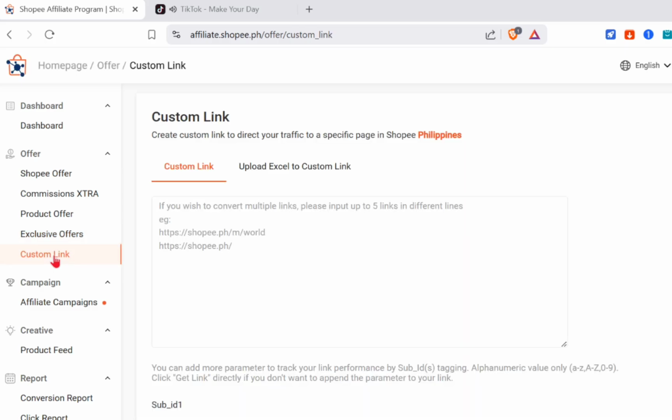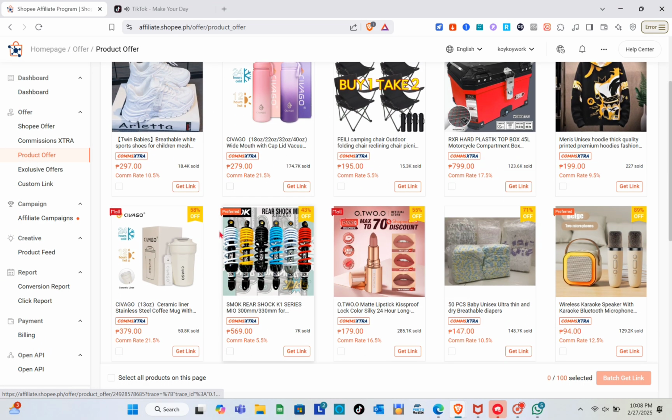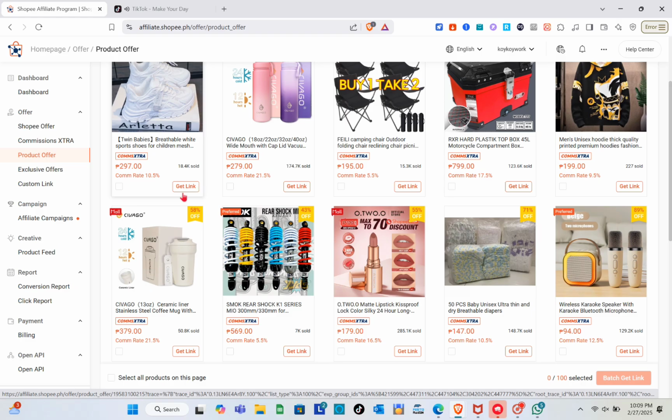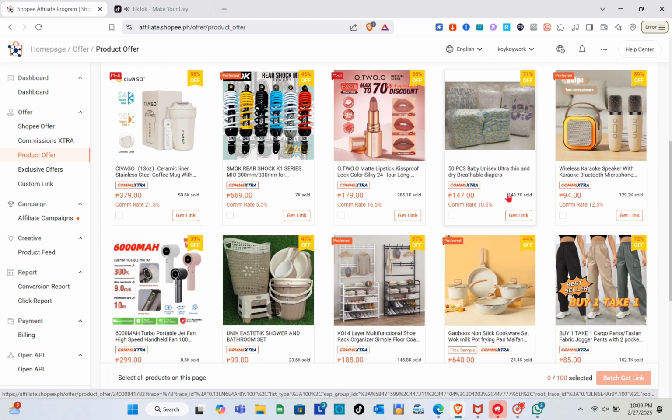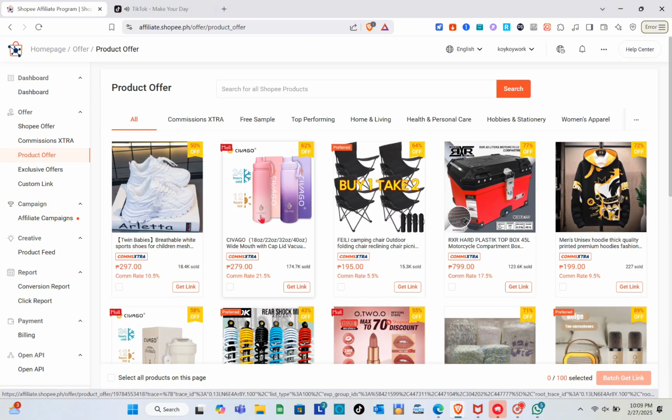Okay, on the product offer section, you'll be able to see different products. Okay, and as you can see at the top, you can also search for a specific product that you want to use. So right here you can see the commission rate and then the get link option. Okay, so if you want to share this product, you have to get the link. So for example, this one, just click on this product